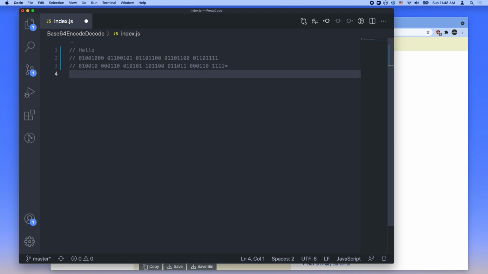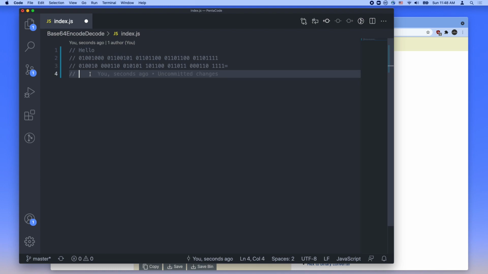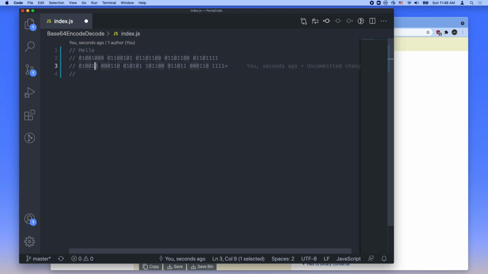The next step is we have to convert each of these into numbers. If you remember your binary to decimal conversion logic, they start with 1. The first place is 1, then the next one is 2, and then it's 4, 8, 16, 32.